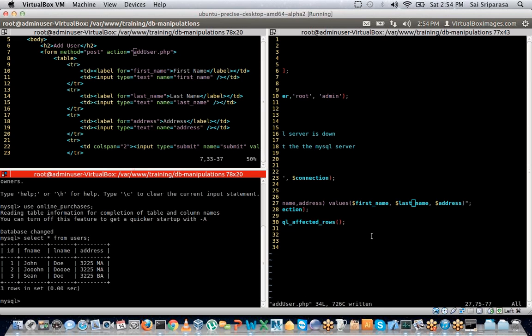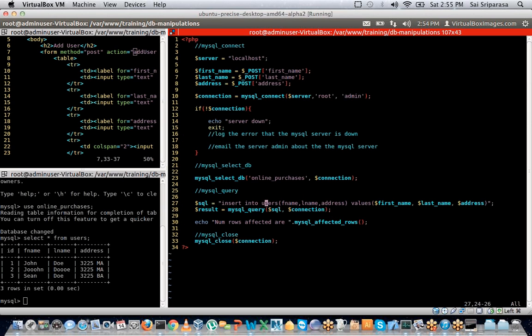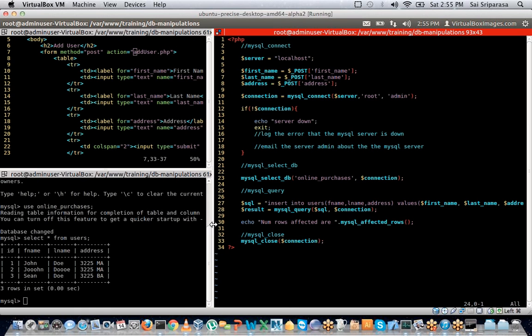Perfect. Interesting stuff. So did I put it into a wrong table or what? So I have insert into users, first name, last name. Then why would it say that it affected 2 rows? Hmm. Because